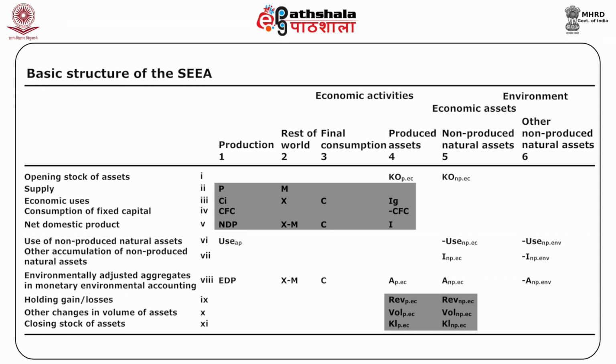For non-produced economic assets, the entries are REV to the subscript of NP.EC and VOL to the subscript of NP.EC, which of course are the synonym for non-produced economic assets, and denote corresponding adjustments to opening stocks, K0 non-produced economic capital, resulting in closing stocks K1 non-produced economic capital. VOL, non-produced economic capital, reflects other changes in the volume of assets like changes in known economic reserves or natural